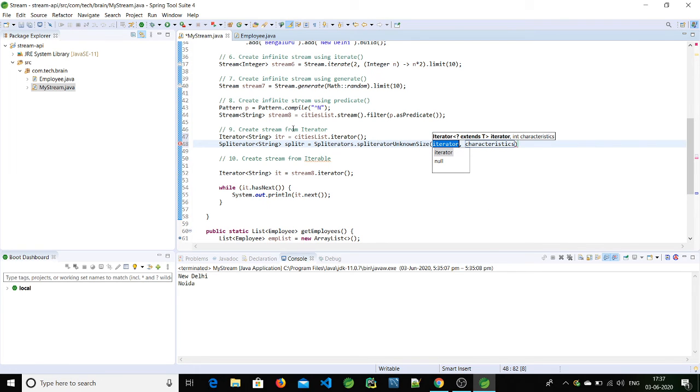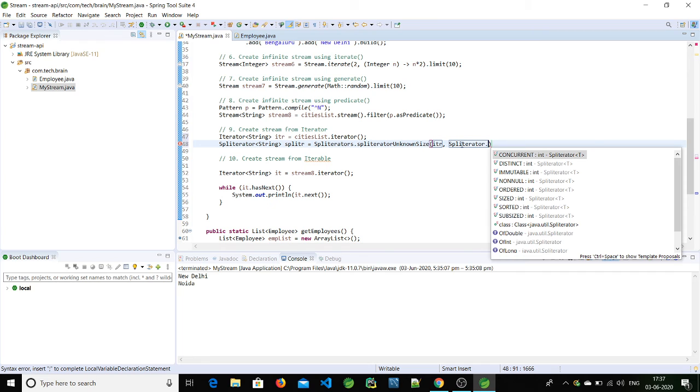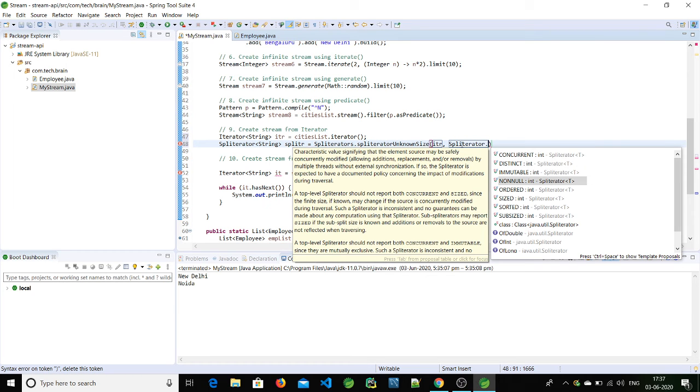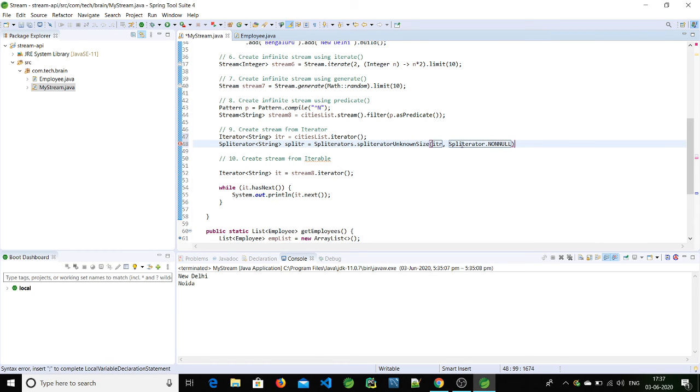Here the first argument will be the iterator and the second argument is the characteristic type. What is the type of this spliterator? I'll say it as NONNULL. Yep. So now we have a spliterator object.